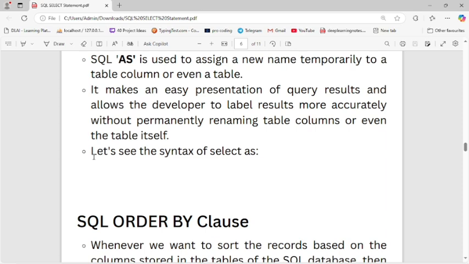We have already seen in the practical that we are changing the name, but it is not changed permanently. It is a temporary change by the alias naming convention.